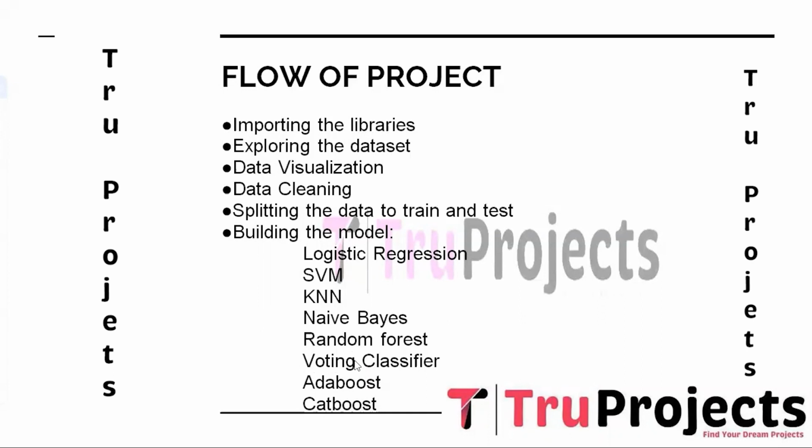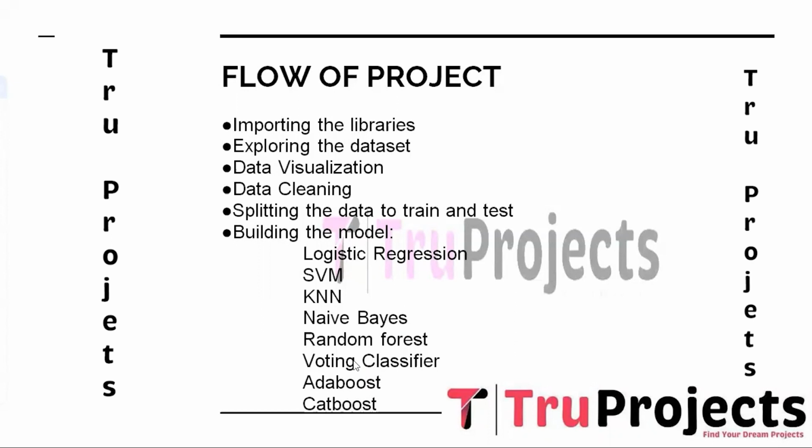And the next one is voting classifier. Voting classifier is an ensemble method that combines the predictions of multiple individual classifiers using voting and has two types, that is hard voting and soft voting. In hard voting, the final prediction is the majority vote, and in soft voting, the final prediction is the class with the highest average probability across all individual classifiers. By combining the predictions of diverse classifiers, voting classifier can improve the overall prediction accuracy and enhance the robustness of the final model.